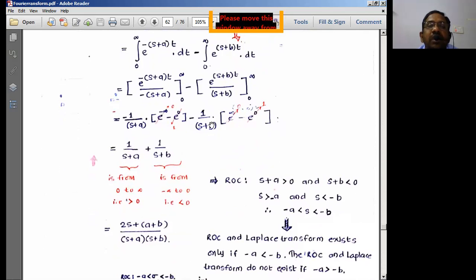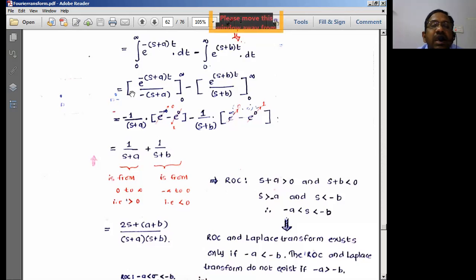It has been inverted here. Once again, the reinverted fashion has been taken. But straight away I'm taking the limits with respect to that. So here I'll be having e power minus infinity. Okay, it's equal to 0. So therefore minus into minus, I'll be having plus here 1 by s plus a I can write.